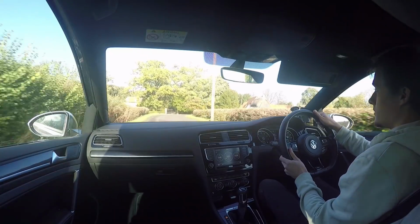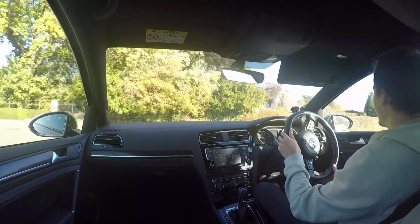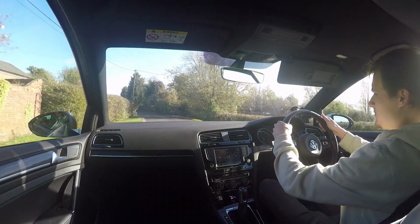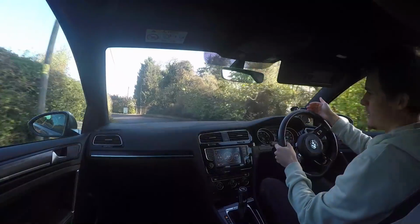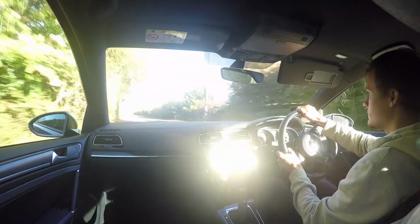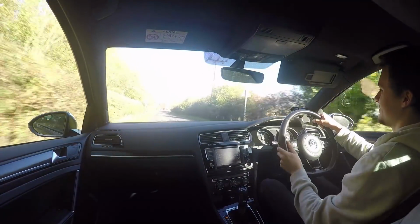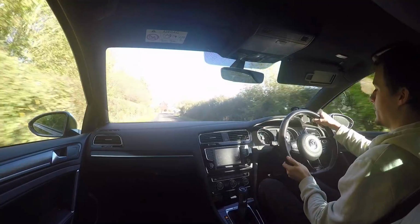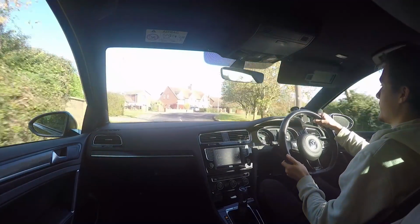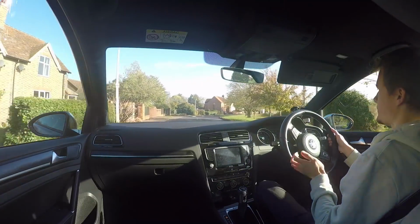Right. So, to summarise this fun drive, it grips well, nice dry road, a little bit cold, a little bit slippery. Car sounds good. Sounds good for you, and that's the person who's sitting in it. Sure, from the outside, it doesn't sound bad actually, with the hops and the exhaust, but certainly